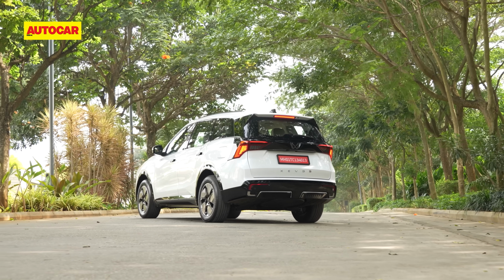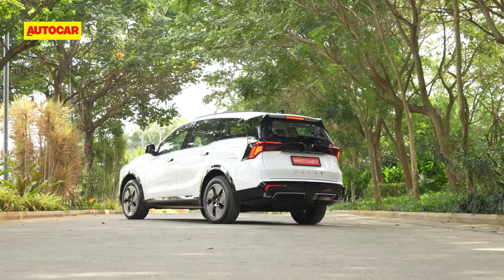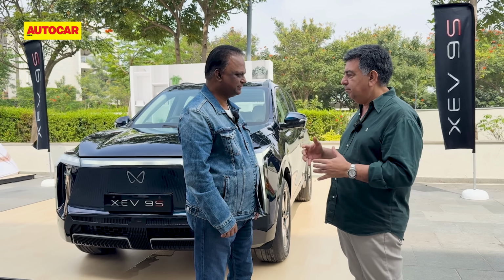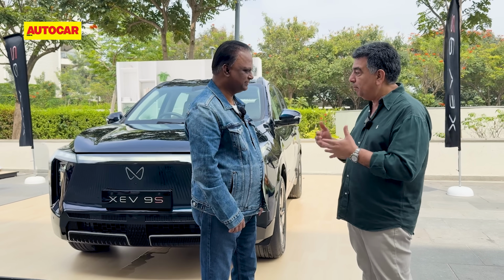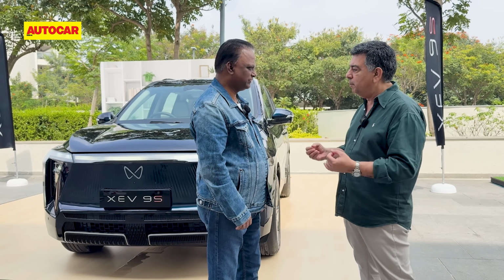Really, I think another product, obviously in a way a derivative of the 9E. Clearly, this was a model that we've been expecting. Just from a concept point of view, a three-row SUV, obviously a new market, a lot of families going in for this. So just your thoughts on the concept behind three rows and who's going to be buying this car? So as I explained in the launch, the input came from North India, that the customers